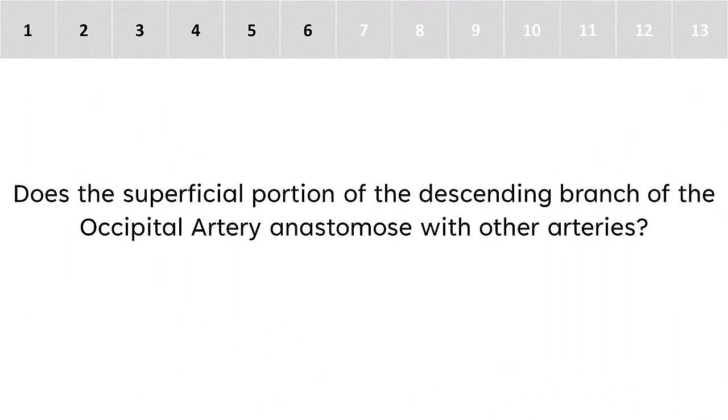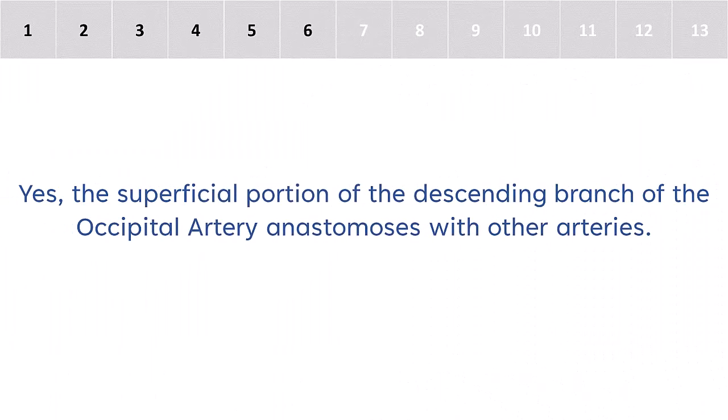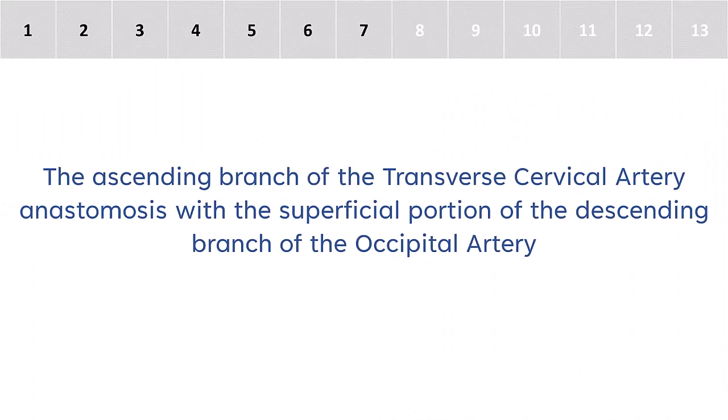Does the superficial portion of the descending branch of the occipital artery anastomose with other arteries? Yes, the superficial portion of the descending branch of the occipital artery anastomoses with other arteries. Which artery anastomoses with the superficial portion of the descending branch of the occipital artery? The ascending branch of the transverse cervical artery anastomoses with the superficial portion of the descending branch of the occipital